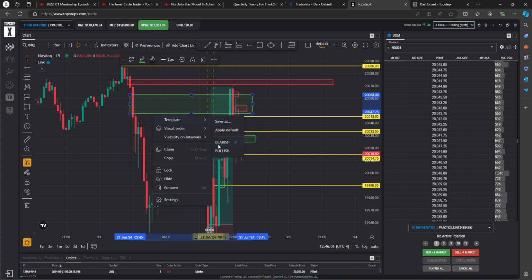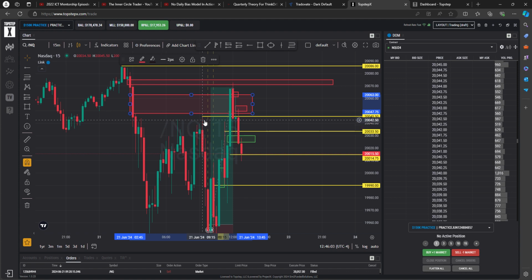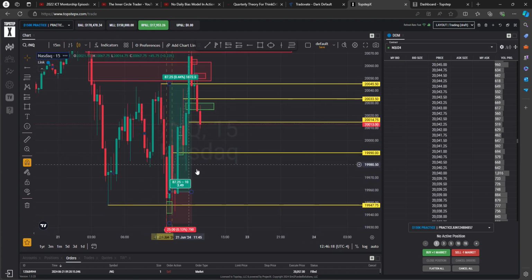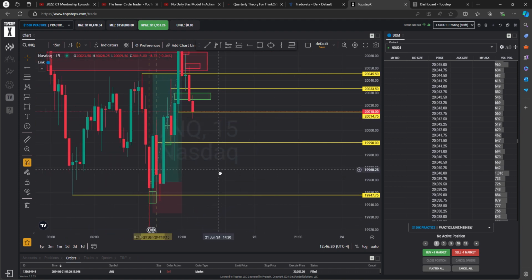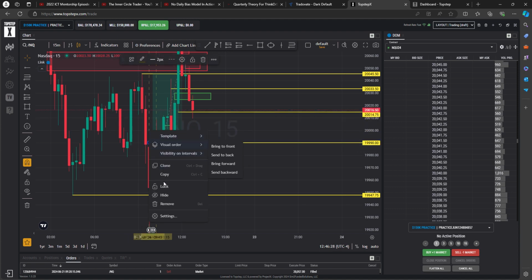That's a good exit point for me, because it could sweep these highs into a bearish fair value gap, and it could have rejected straight here, but we did move up to that second fair value gap. So first target would have been here at the high of day, or the last swing high on the 15-minute, the 87s. Most likely would have taken some out here too. Now that I'm looking at it,